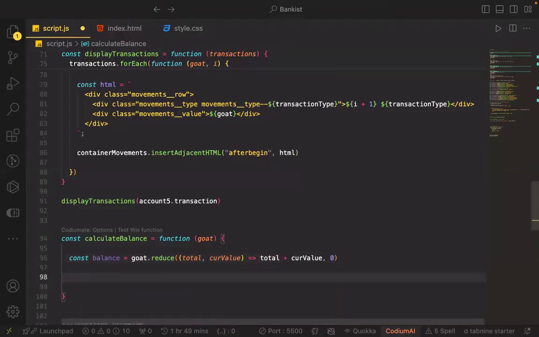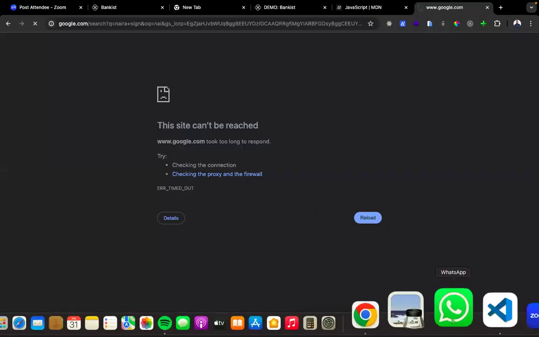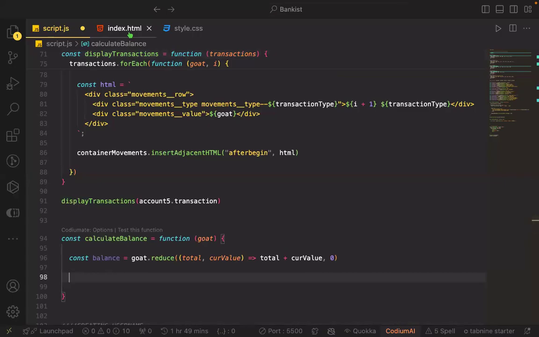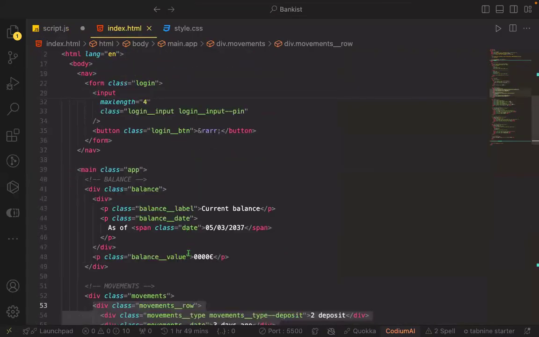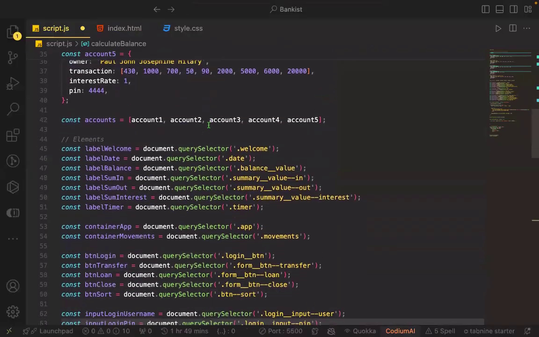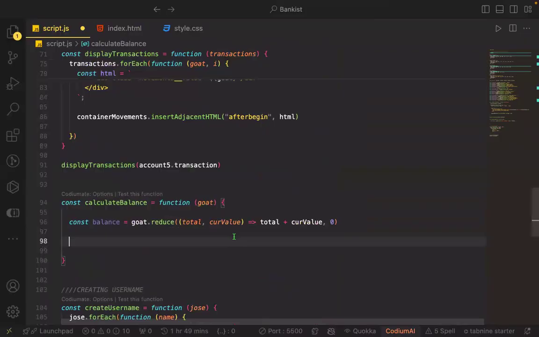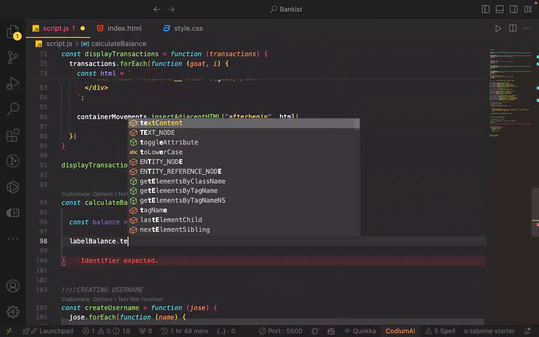So then what do we have to do? We now have to render it on our screen, right? Where is that part on our screen? Let's check our HTML structure and see where we have it. That is balance value, right? We have balance value, label balance. So let's copy this and come right here. We are still going to make use of our text content, because here we are just writing only a text. We are not writing an HTML structure. The text content